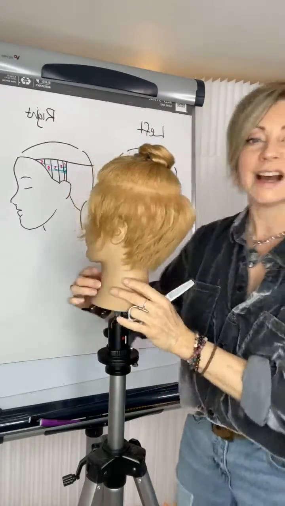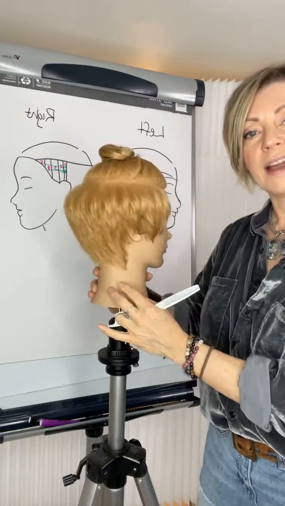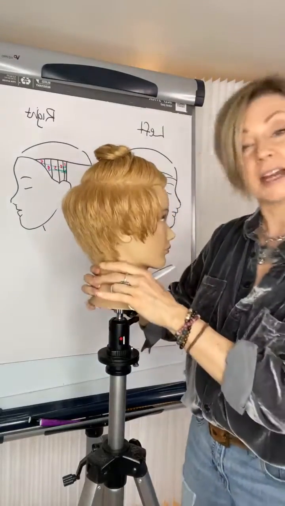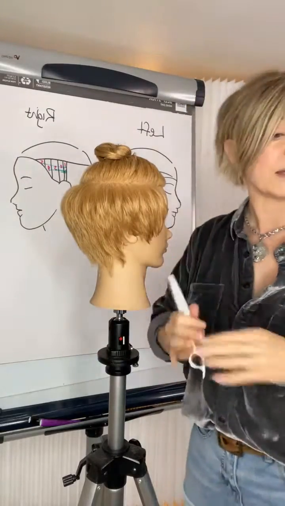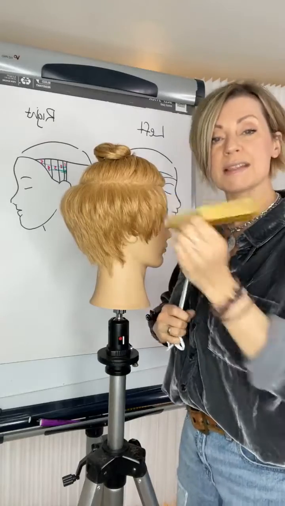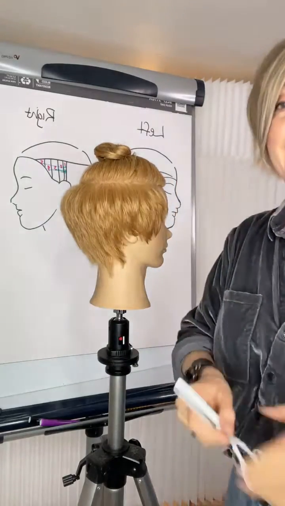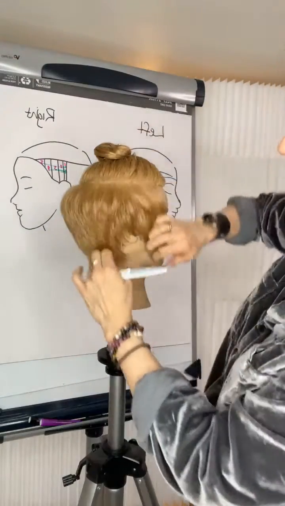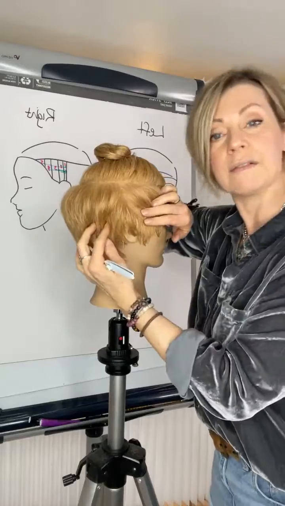Okay, and now let's look at the other side. So we have this even length in the back, and then on the left-hand side, it's getting a little bit longer again, because right here, what we did was the over-directed back just to our previous section. So we had just a little bit of over-direction each time, and then on the other side, obviously, we had more. But I want to create more space on this side as well, so there's that V section again,